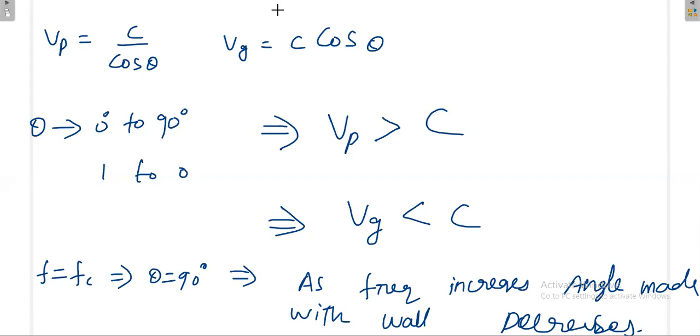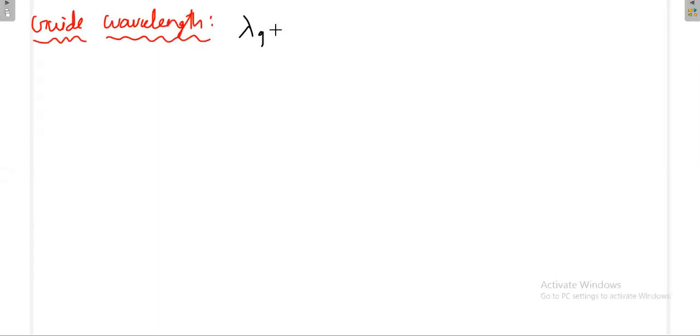Next, we'll discuss the guide wavelength. Already we have seen what guide wavelength is. Guide wavelength is the wavelength inside the waveguide. We know the regular formula, but with respect to waveguide frequencies, we will derive the guide wavelength. Is the voice breaking or is it okay now? Correct, sir. Now the next one is guide wavelength, lambda G.